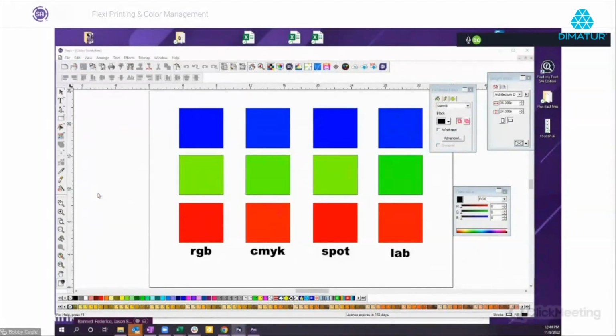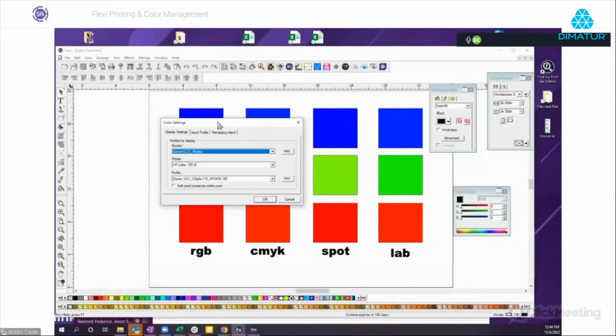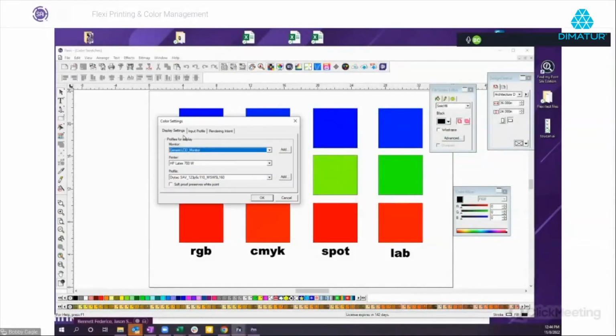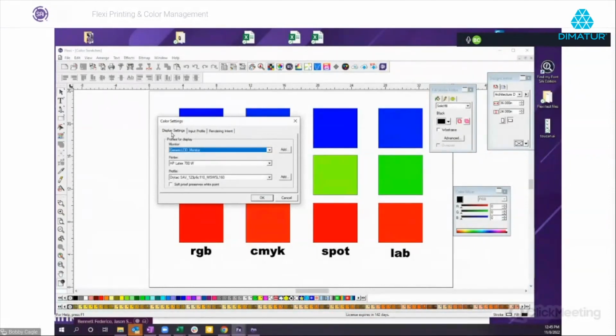So what this is going to do is pull up a screen right here. And these are the color settings. Now you have a couple of different things here. You have the display settings. You also have your input profile. And then you have the rendering intent, how these things are going to print when they output. So we're going to go over a couple of these. And again,